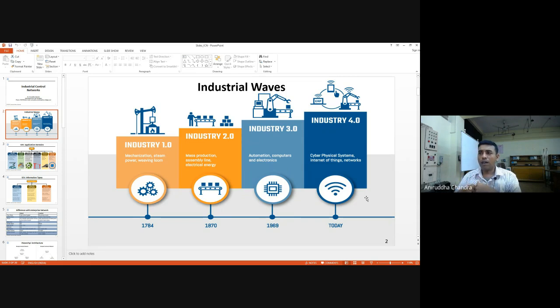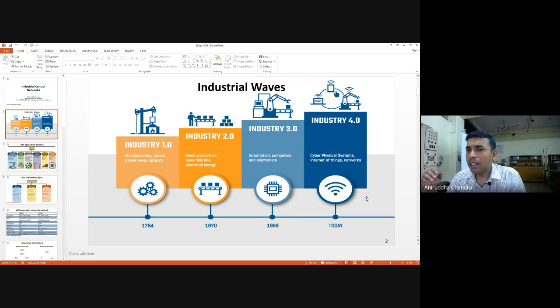So what was the case in Industry 3.0? We didn't have quality control that could be maintained throughout all the branches of a company, but that is possible now, because we can have a central control and control all the branches of an industry, and that's Industry 4.0. In Industry 5.0, as I said, people are already doing research, thinking about artificial intelligence and deep learning, where probably machines can produce machines themselves. That's a futuristic idea.